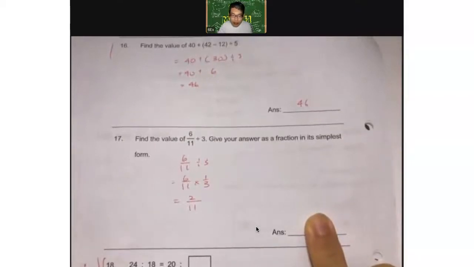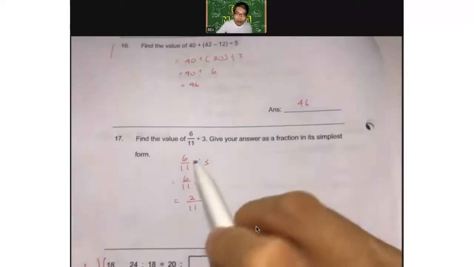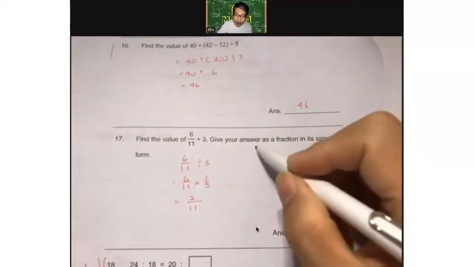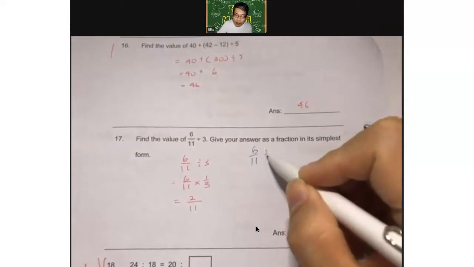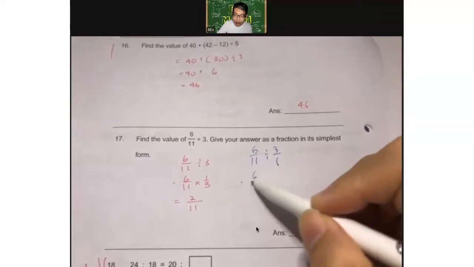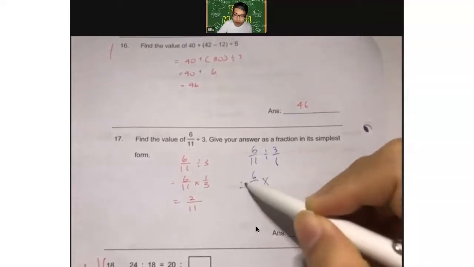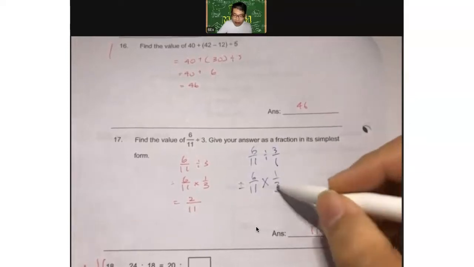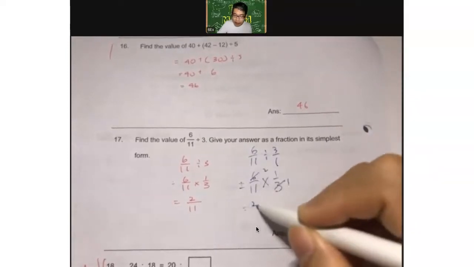Next one, find the value of 6/11 divided by 3 and give the answer as a fraction in the simplest form. I'm sure you have heard of the phrase, mechanically how do you do this? You keep this, you change this, and you flip this. 3 is actually 3 divided by 1. So I'll keep this, I'll change to a multiplication, and I'll flip this. Then I'll simplify, and I'll get to 2/11. Now next,